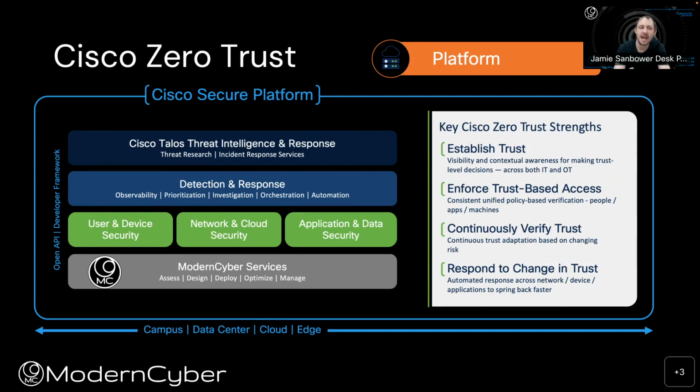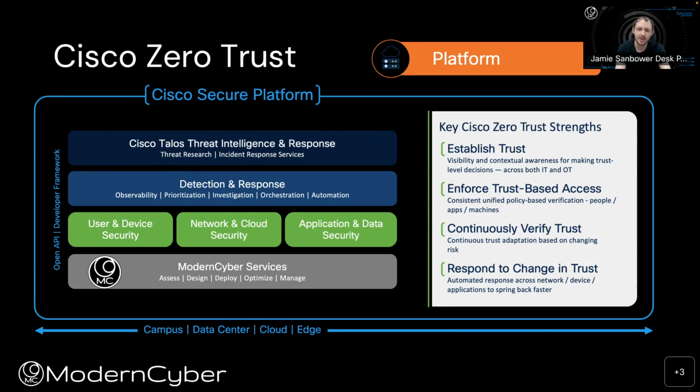Now, once we've established trust, it makes it much easier to do what we call enforcing trust-based access, which applies consistent unified policy based on verification. This is checking at every access control decision whether or not that user is trusted, the device is trusted. There hasn't been an indication of compromise or a threat on that machine prior to allowing it access to an app or data. And then where most vendors really have those first two parts of the framework, Cisco really excels